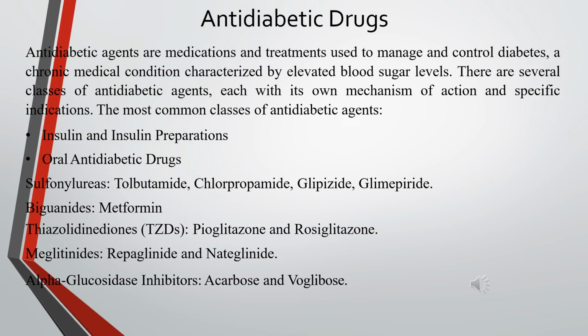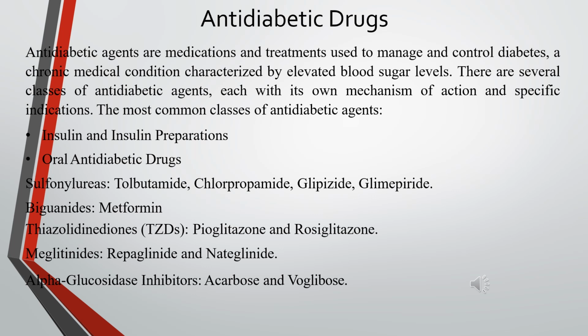Here we are going to discuss antidiabetic drugs. The name itself indicates that antidiabetic agents are the medication and treatment used to manage and control diabetes, a chronic medical condition characterized by elevated blood sugar level. There are several classes of antidiabetic agents, each with its own mechanism of action. The most common classes are insulin and its preparations, and oral antidiabetic drugs, that is sulfonylureas, biguanides,